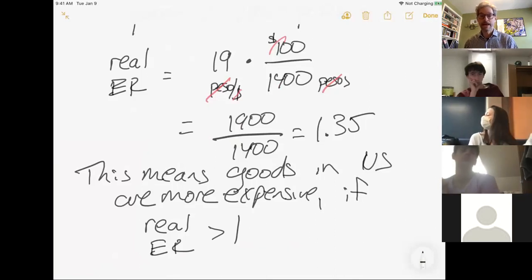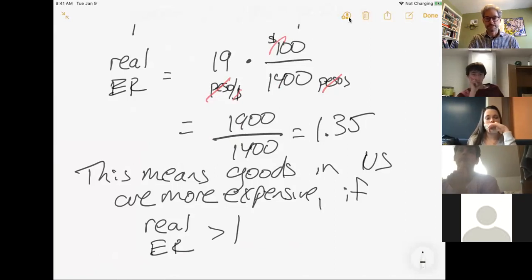What you're doing is you're calculating a real exchange rate. You never called it that. You didn't sit down with a piece of paper and calculate it, but that's essentially what you've done, right? You've compared the real cost of goods in Canada to the real cost of goods in the US. And that's all a real exchange rate is. It's really just a means of comparing the price of goods in one country or another, right?